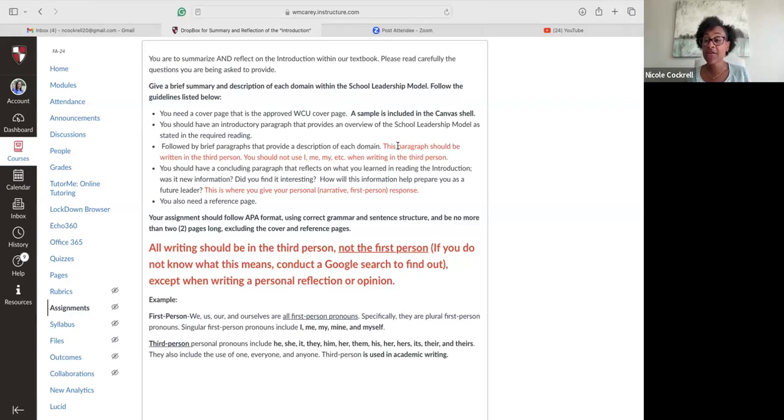Okay? APA format takes you out of the situation. You don't want to start off by saying I, me, my in your writing. All righty. Now, when you get to the concluding paragraph where you are going to reflect on what you learned